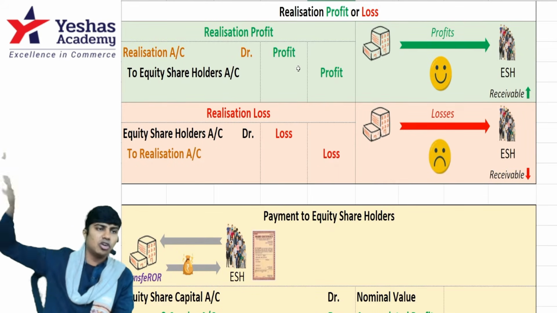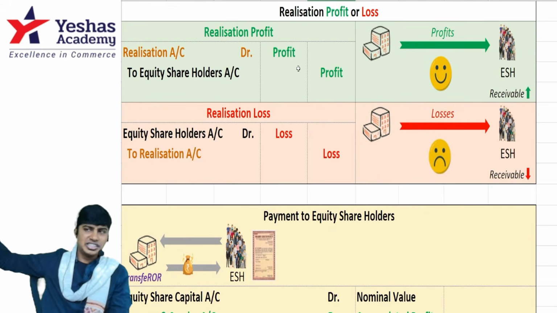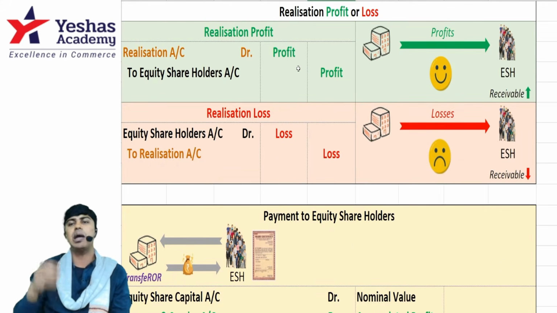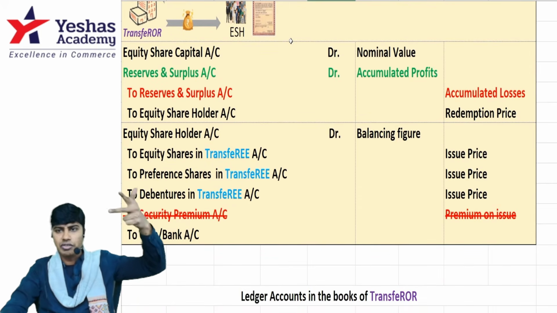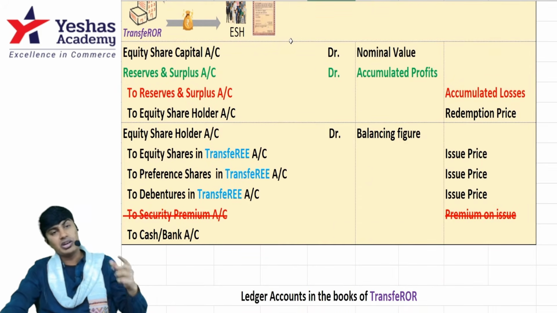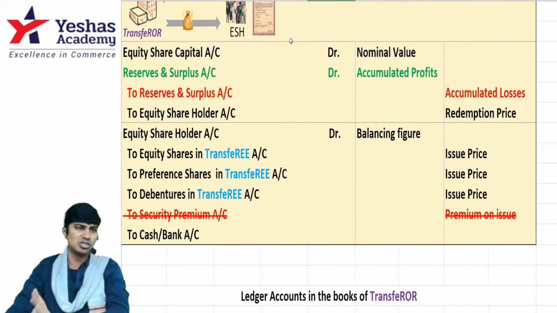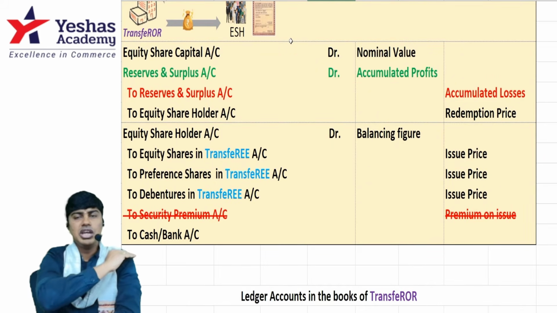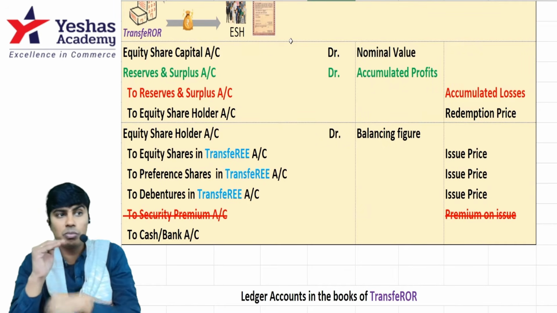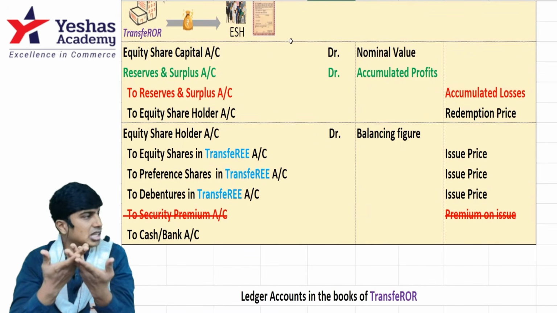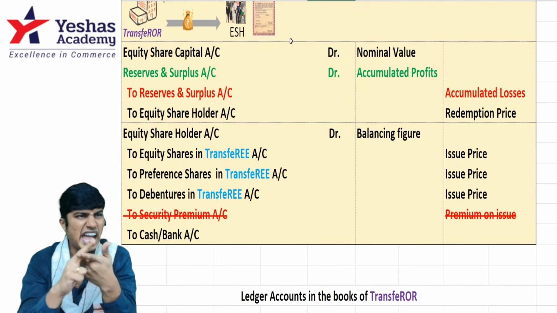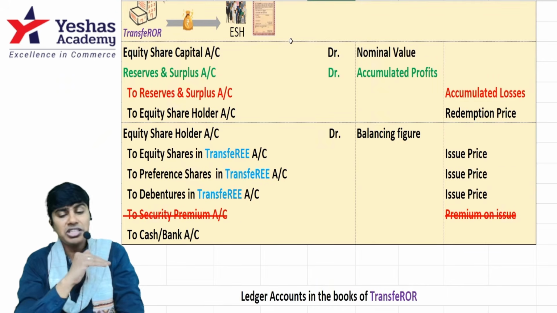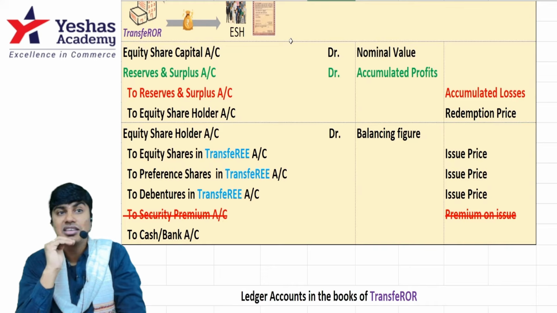Then two things we had not taken from the balance sheet: share capital and reserves. In share capital, preference is settled. Now equity share capital and reserves, what is there? Close it by transfer to equity shareholder account. Equity share capital account debit, reserves and surplus account debit to equity shareholder. If there is loss, then you will write equity shareholder account debit to that reserves and surplus, a negative item. Once you do this, the equity shareholder account is the only account pending, rest everything is closed. Debit that equity shareholder, credit whatever you have with you: equity shares in transferee, preference shares in transferee, cash, bank, whatever balance is there you give. By this we close the books of accounts of our transferor.